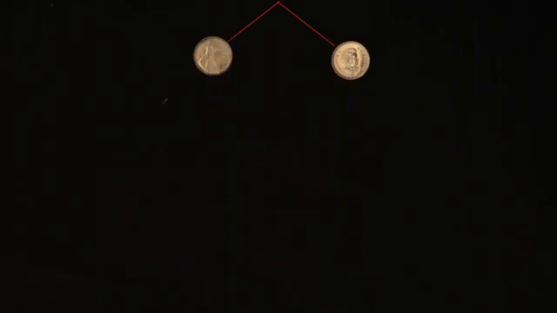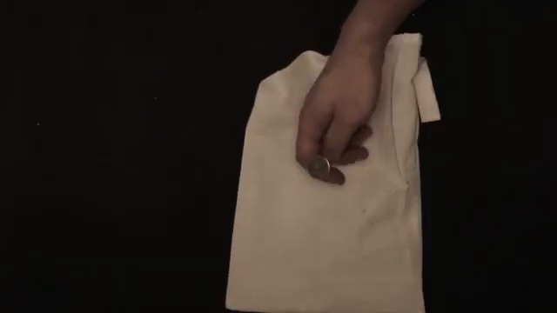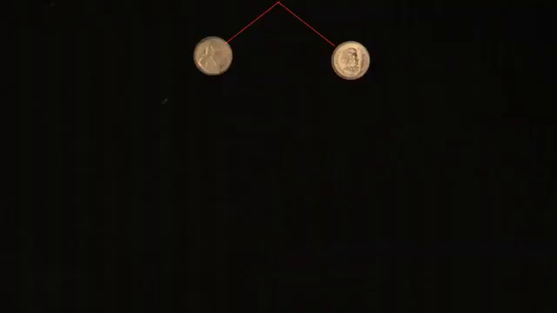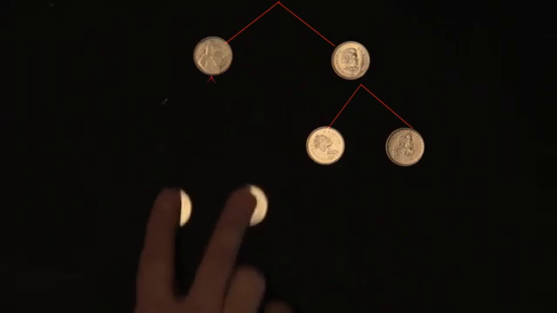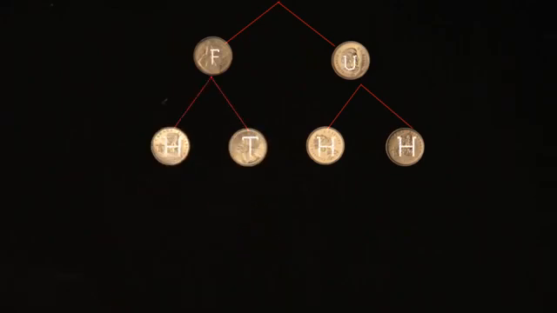To answer this question, we need only rewind and grow a tree. The first event, he picks one of two coins. So our tree grows two branches, leading to two equally likely outcomes, fair or unfair. The next event, he flips the coin. We grow again. If he had the fair coin, we know this flip can result in two equally likely outcomes, heads and tails, while the unfair coin results in two outcomes, both heads. Our tree is finished, and we see it has 4 leaves, representing 4 equally likely outcomes.